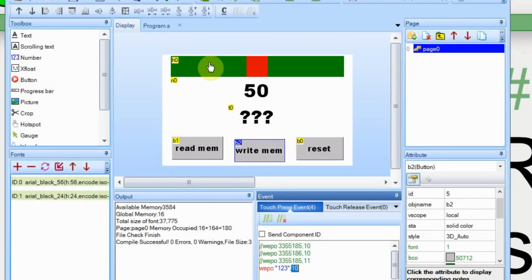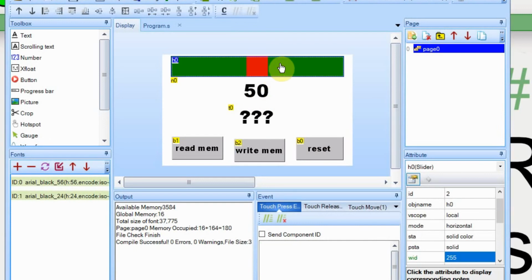What I have here is a slider, a number box, a text box, and then 3 buttons down here. One's where we'll read the memory, one will write the memory, and this one we're going to use to reset the display. When we reset the display, you'll see it'll hold the values, whereas if we had just set the values, they wouldn't hold the values. So if I click on the slider,